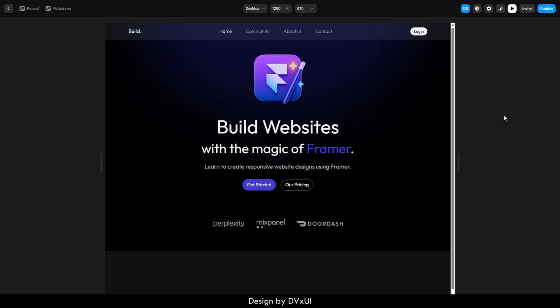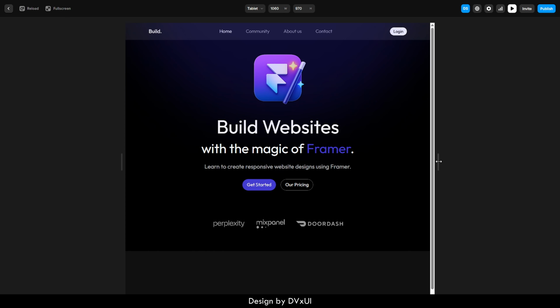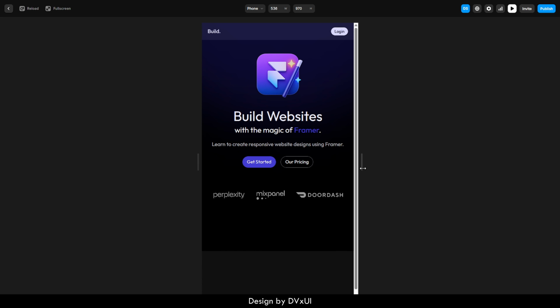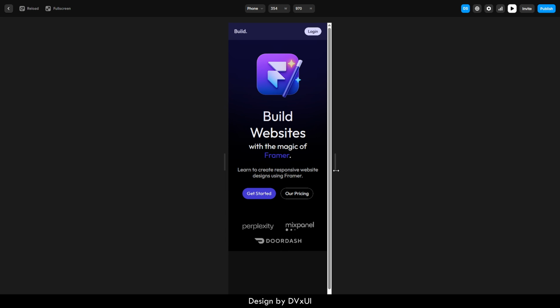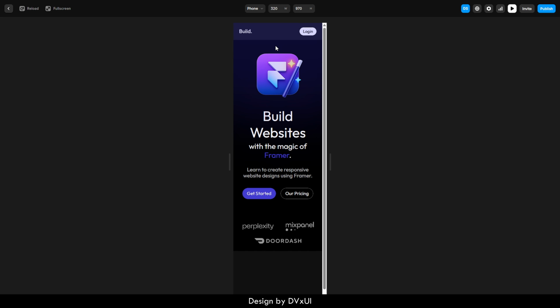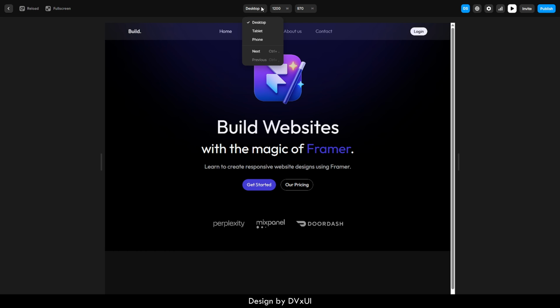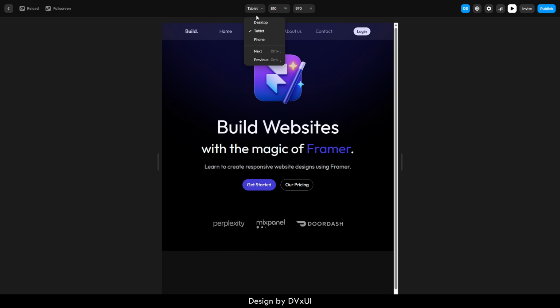Today in this video, we are going to be starting learning Framer. This website that we are going to make today is not only creative but also responsive. If I squeeze the width, you will see it adapts perfectly. Something like this. I can also change the layout from here to the desktop, to the tablet, and then also